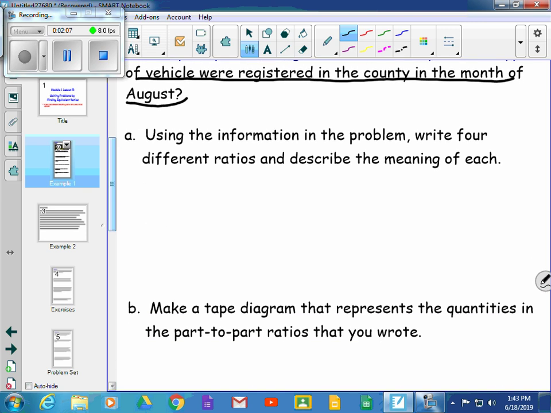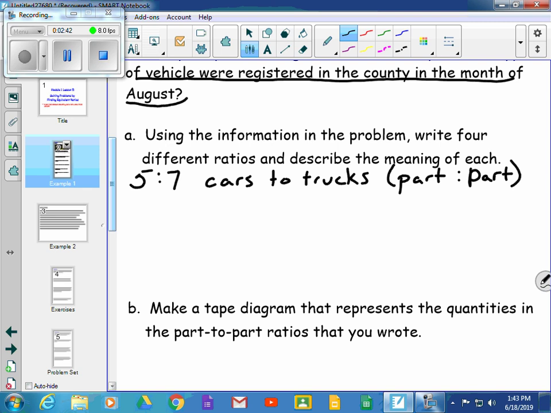Part A, now this is before we get to our tape diagram. It says use the information in the problem and write 4 different ratios and describe the meaning of each. So if I take what I had highlighted, it gives us a ratio of 5 to 7. And what that compares is cars to trucks. For every 5 cars, there's 7 trucks matched up with it. We call that a part-to-part ratio,